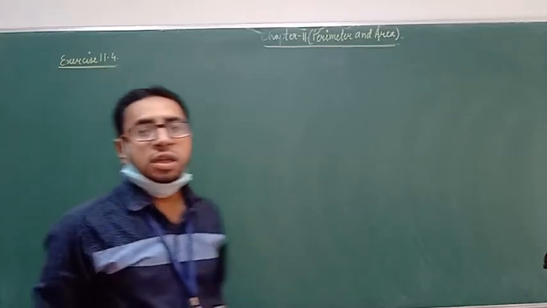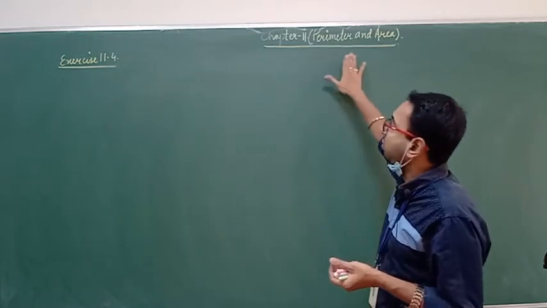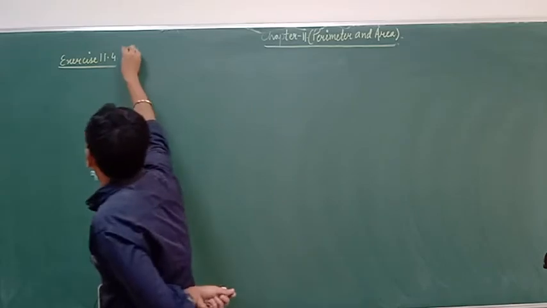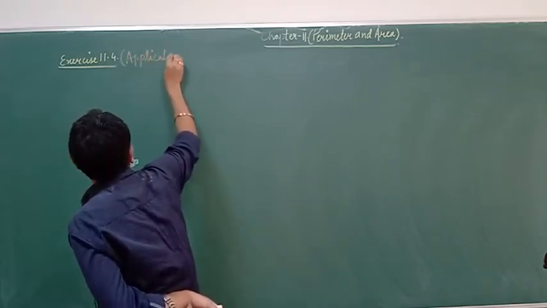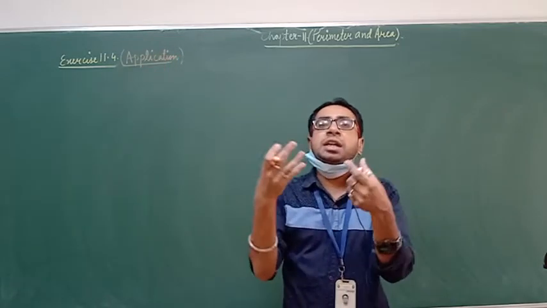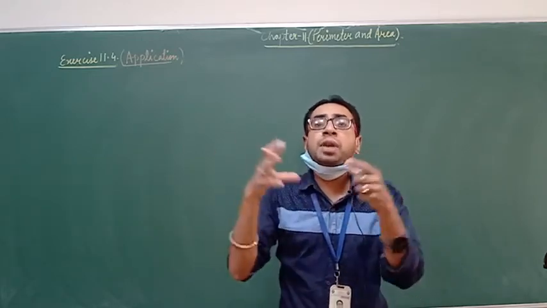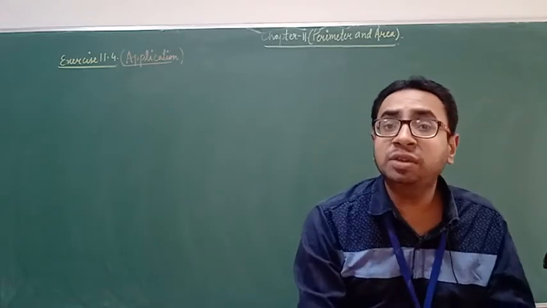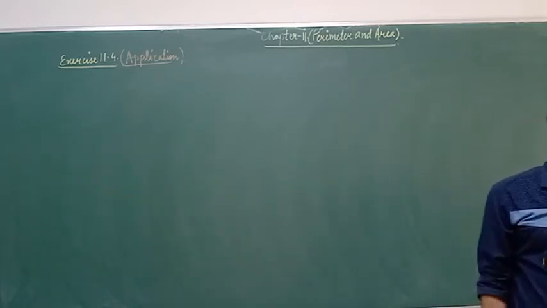Good morning, class. Let us start with the next exercise, the last exercise of chapter 11, perimeter and area, exercise 11.4, which is completely based on applications. It's an application based exercise, which means we'll apply the formulas and everything. It's where we can include triangle, rectangle, square, parallelogram, mixture to have various scenarios. So exercise 11.4. Let us see the first question.